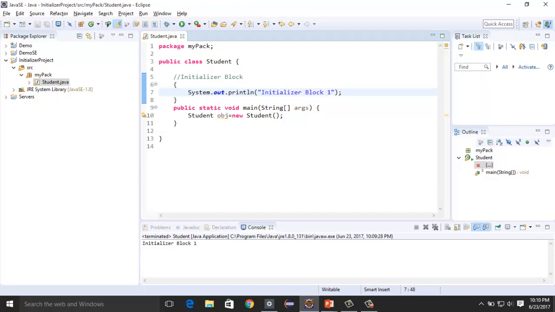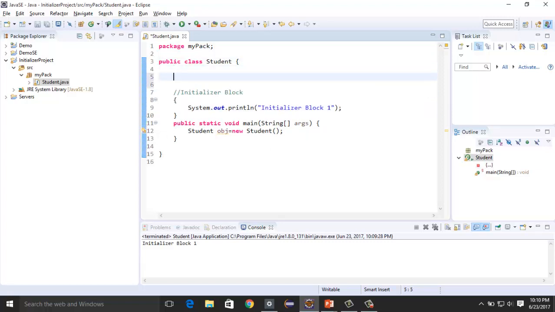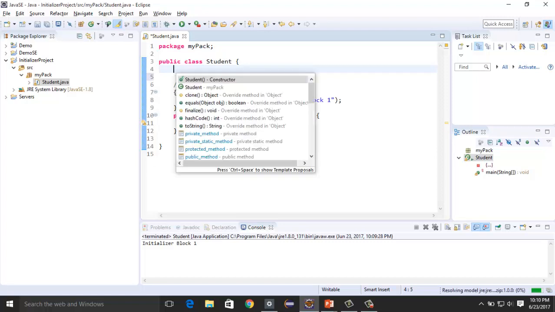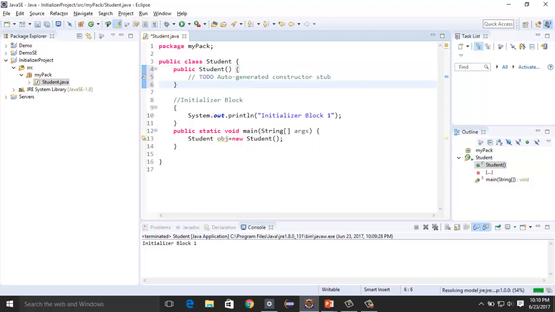So here by default constructor is calling. So let's create a user defined constructor, and let's print the message in this: Constructor.